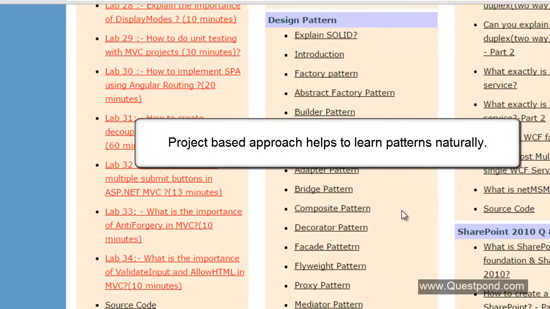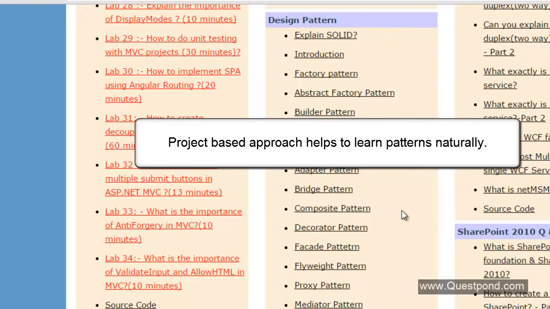Design patterns are thought processes, and thought processes cannot be explained via just sample code or PPTs or some UML diagrams. If you see on the internet, a lot of people explain design patterns by showing UML diagrams, by showing examples like cars and trees and rivers, which does not make any sense. We need to do a real project. We need to feel the design pattern. We need to understand in what kind of scenario it has to be used. So the best way to learn design patterns is by doing a project.